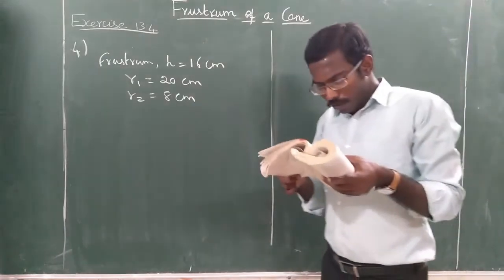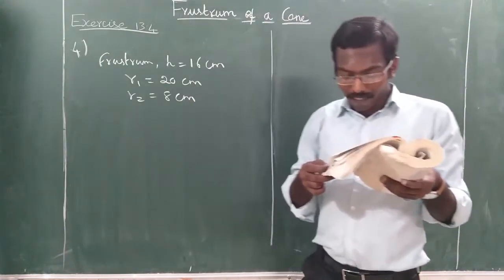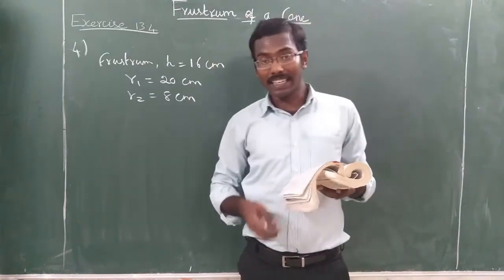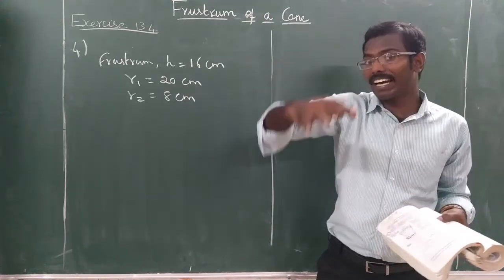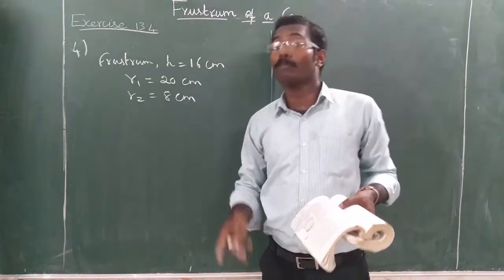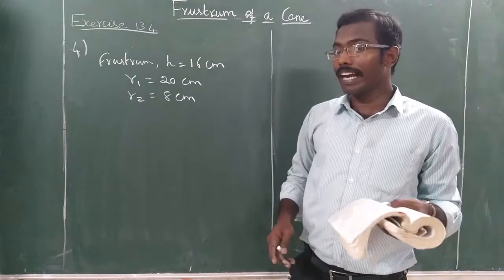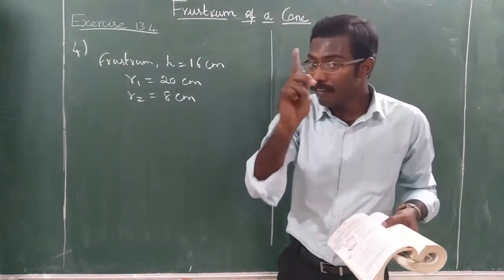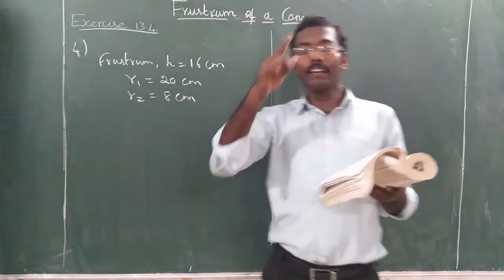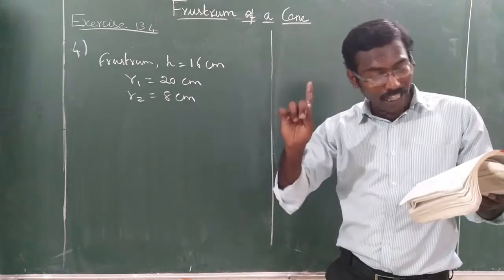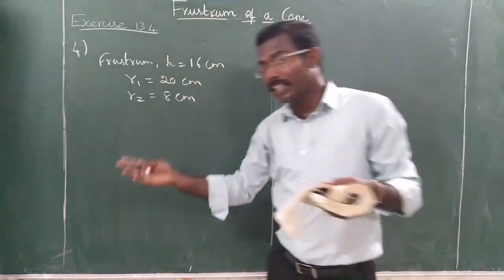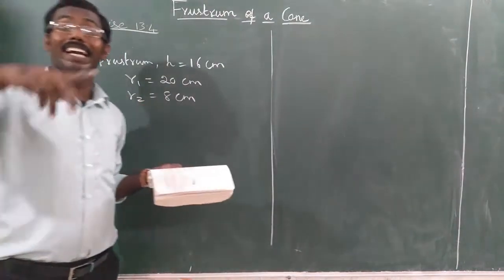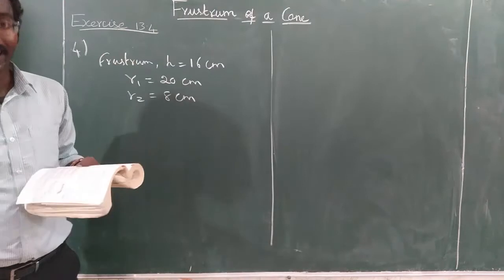Now, first find the cost of the milk which can completely fill the container at the rate of 20 rupees per liter. From this you should understand that you have to find the volume. Capacity, completely fill: when these words come, you have to find the volume. First you find the volume, then you find the cost. How will you find the cost? 1 liter is 20 rupees. So if you obtain the volume in centimeter cube, you have to convert it into liter. Then you find the cost.